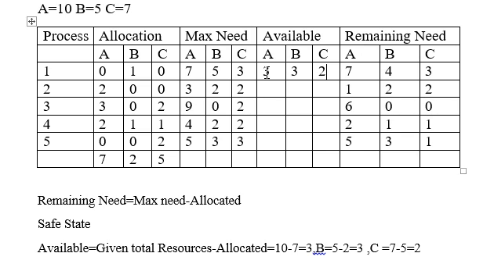So now these are the available that we have in the first time slot. So in 3 3 2 we'll just check which process can be served. Can we serve process 1? How do I check it? I should see what is the remaining need for process 1. For resource A, it's 7. What is the available? It's 3, so I cannot serve it, so there's no point checking the further resources. We'll just check for process 2.